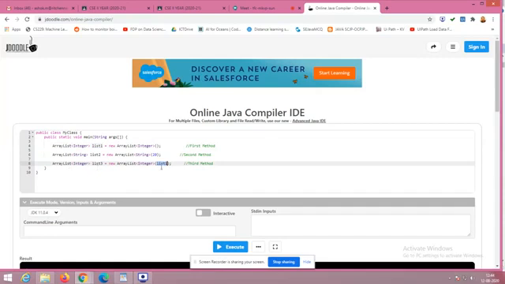Using list 1 I am populating list 3, right? Data of list 1 can be loaded in list 3. So using an existing array list I can create a new list. By giving the capacity I can create a new list. By using the default constructor I can create a new list. So there are three ways to create an array list.